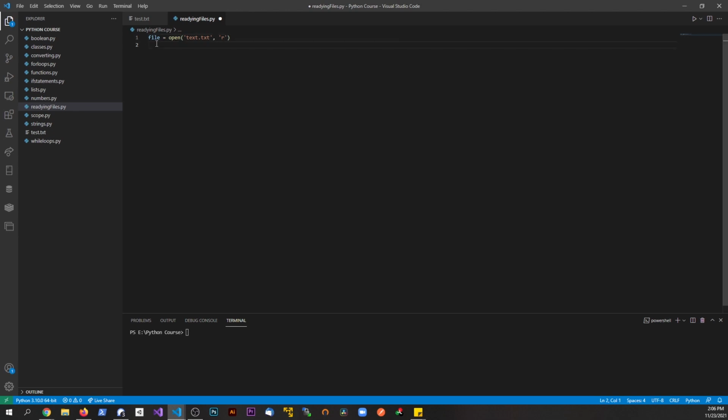Now in later videos we're going to discuss this R a little more. There's a write mode. Right now we're just reading through the file, okay? And let's just type in print, and we're going to type in file.read. So we're calling a function called read. Again, this is built into Python, so we don't need to design this function, but we're reading through this file, okay? Let's go ahead and save this, and we'll type in Python